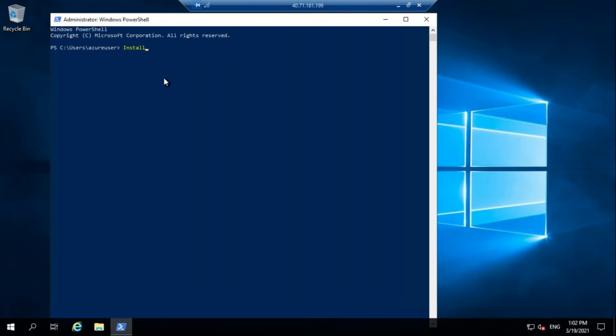Install Windows Server feature, include management tools.